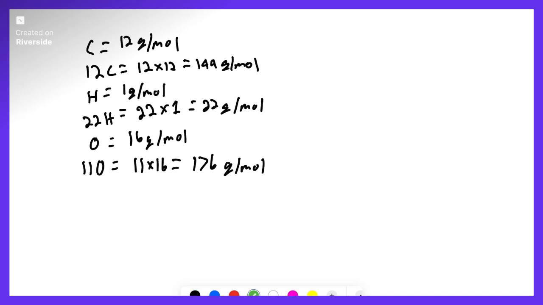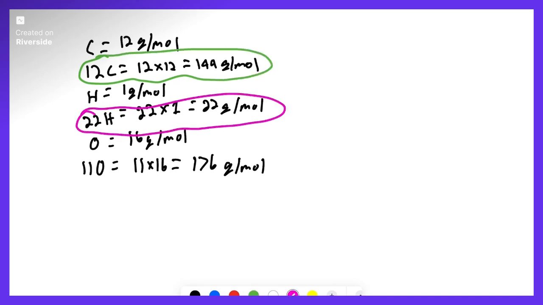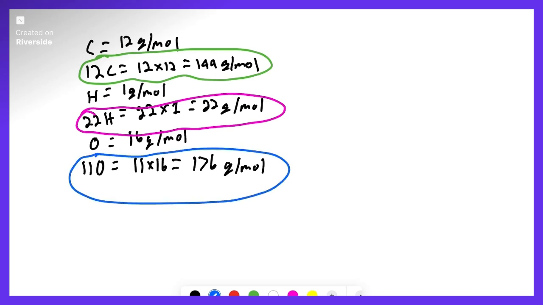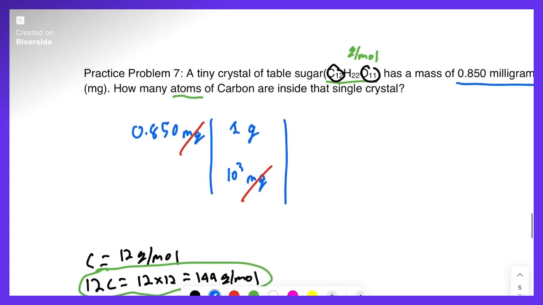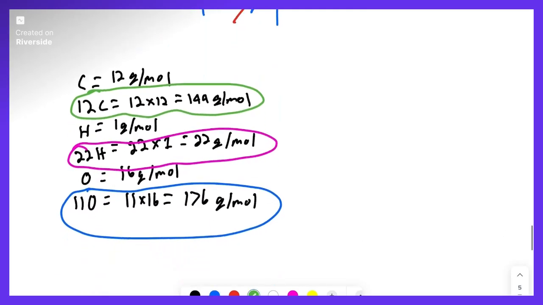So now that we know the atomic weight of 12 carbons, 22 hydrogens, and 11 oxygens, we can add these up to get our final atomic mass in grams per mole for a tiny crystal of table sugar. So let's add these up. 144 grams per mole plus 22 grams per mole plus 176 grams per mole. And that's equal to 342